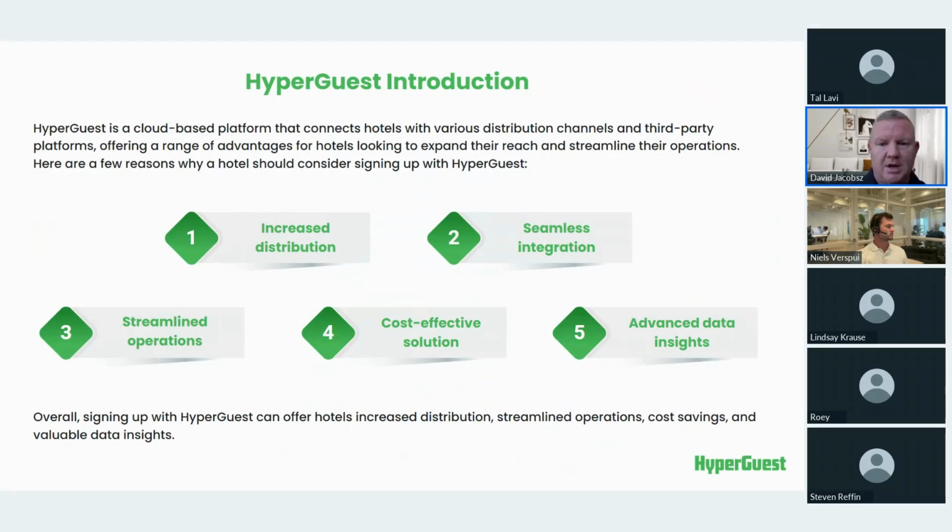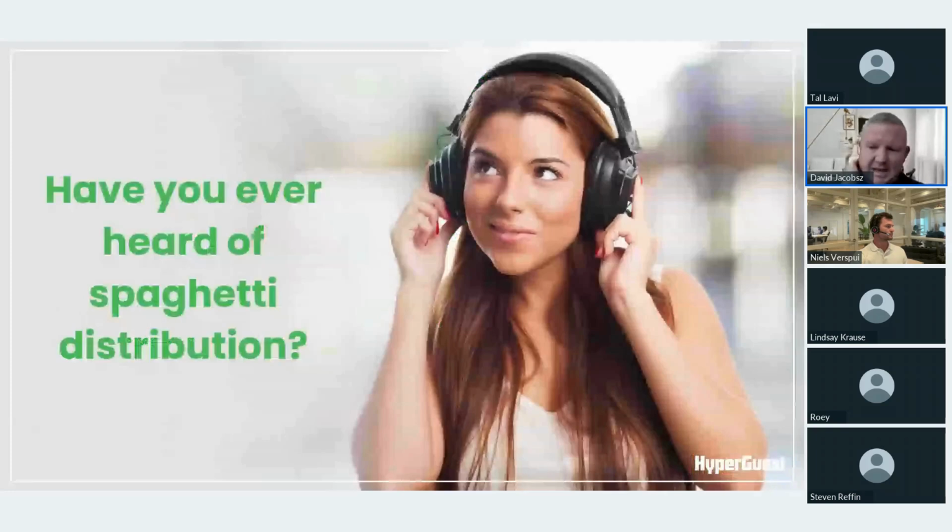Moving on, and I always laugh when I see this screen, mainly because distribution is a scary word. I've heard people saying my distribution is daunting. It is a scary place. It is difficult. It's not something I like to talk about. These are the things that I've heard. And it basically boils down to what we talk about when we say spaghetti distribution. Now, in today's world, there's no need for something like a spaghetti distribution. And what does that look like?